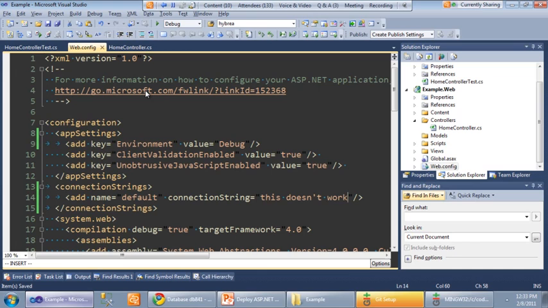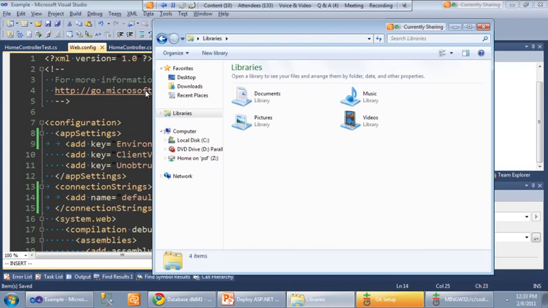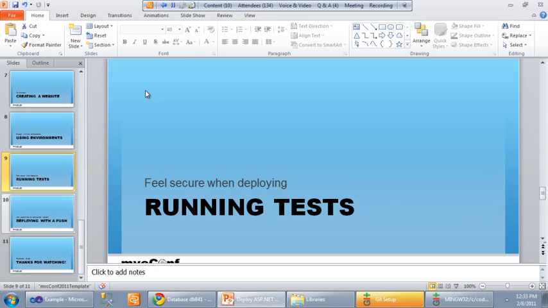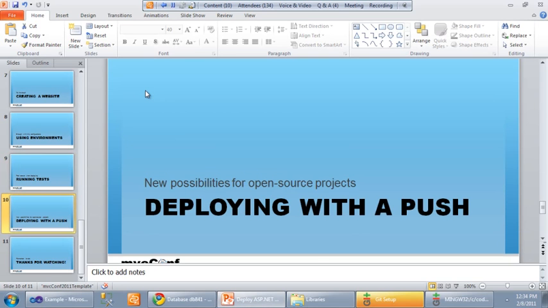Default. So apparently I have to file a bug and we'll have to look into this, and this is not great because I have to use it for another demo, but I'll give it a try even though it didn't work. So yeah, the next thing I'm going to tell you a little about is deploying with a push,